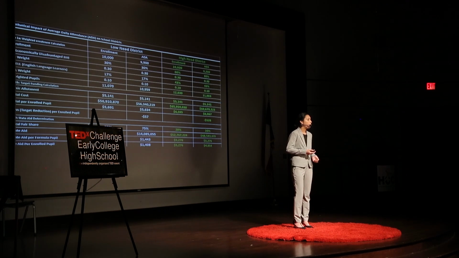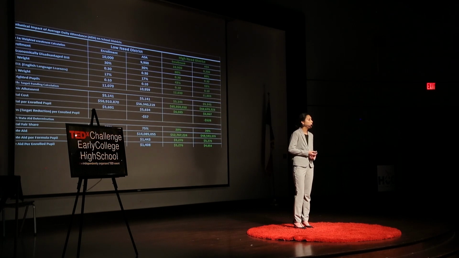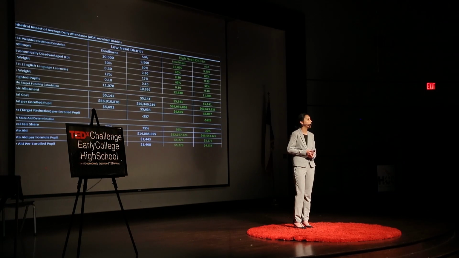High-need districts depend primarily on state share, so the state aid loss to ADA is especially devastating because high-need districts cannot afford to have a higher local share in order to finance the total cost per student. Lower-need districts are privy to higher fundable properties and can therefore afford these state aid reductions. Higher-need districts, however, cannot do the same, and are therefore met with more consequences when it comes to state aid reductions. This means only one thing: ADA hurts the students that need the funds the most.